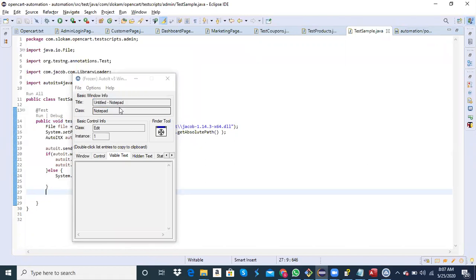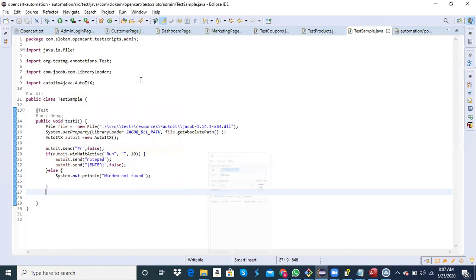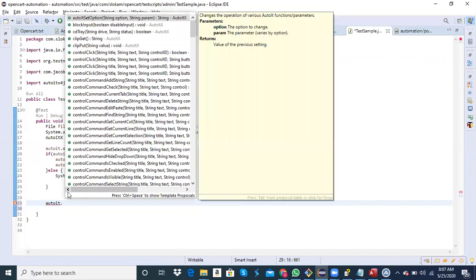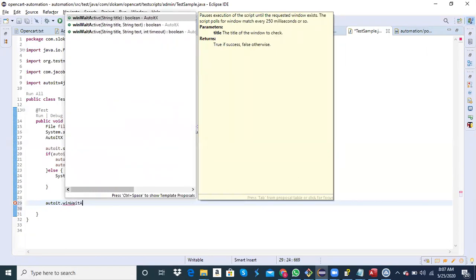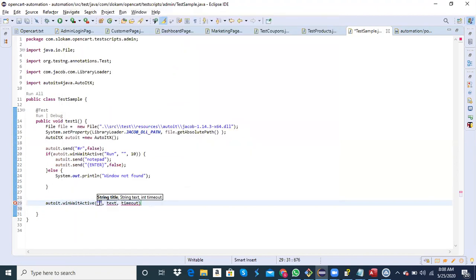Now let me have this. AutoIt dot WinWaitActive. Okay, WinWaitActive, and then the title is Untitled Notepad.